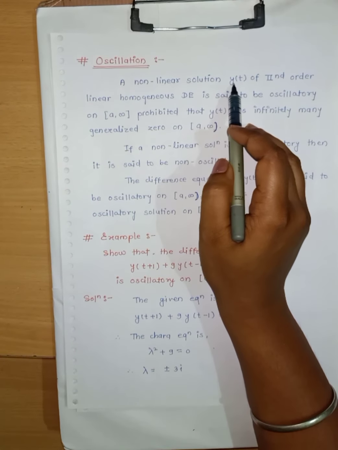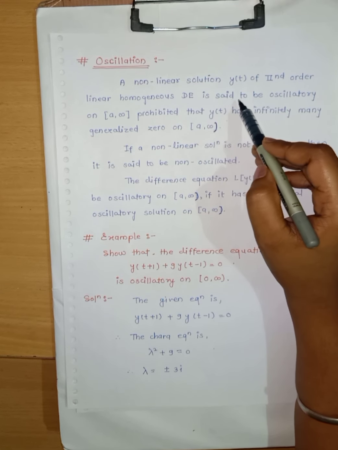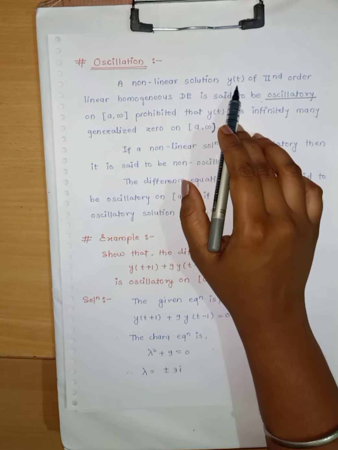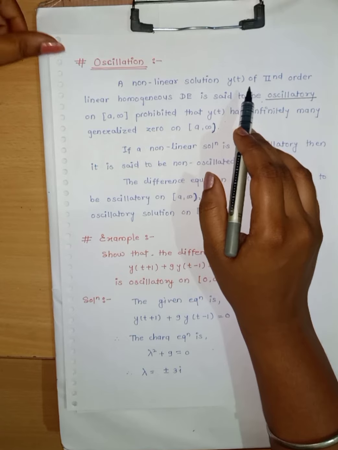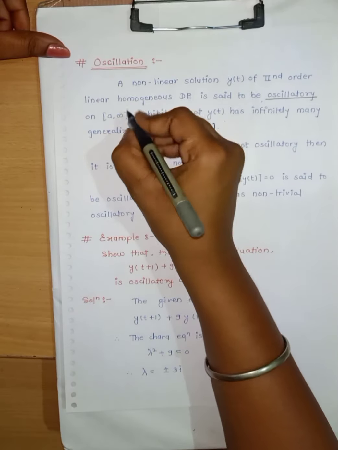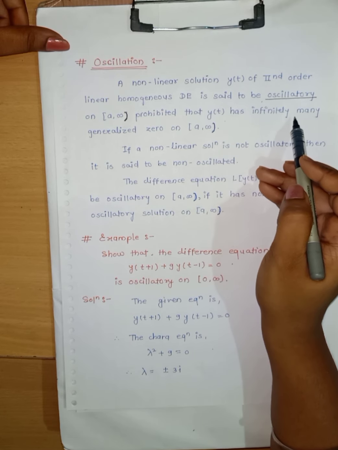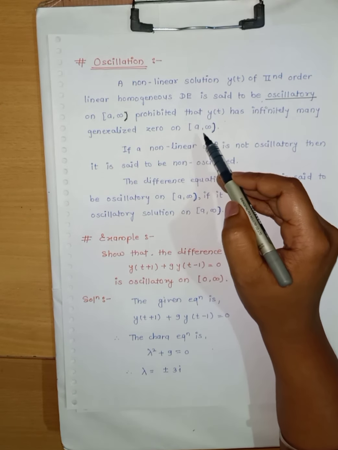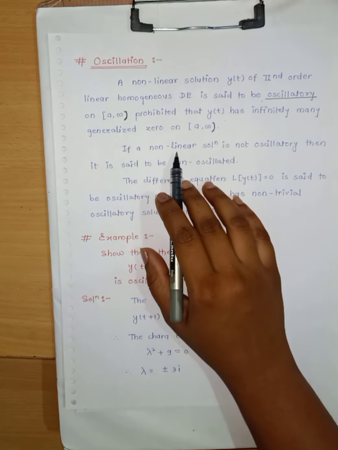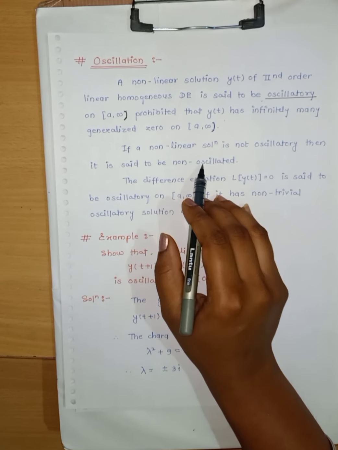A nonlinear solution y of t of a second order linear homogeneous difference equation is said to be oscillatory on the closed interval a to the open interval infinity, provided that y of t has infinitely many generalized zeros on the closed interval a to the open interval infinity. So if a nonlinear solution is not oscillatory, then it is said to be non-oscillatory, and